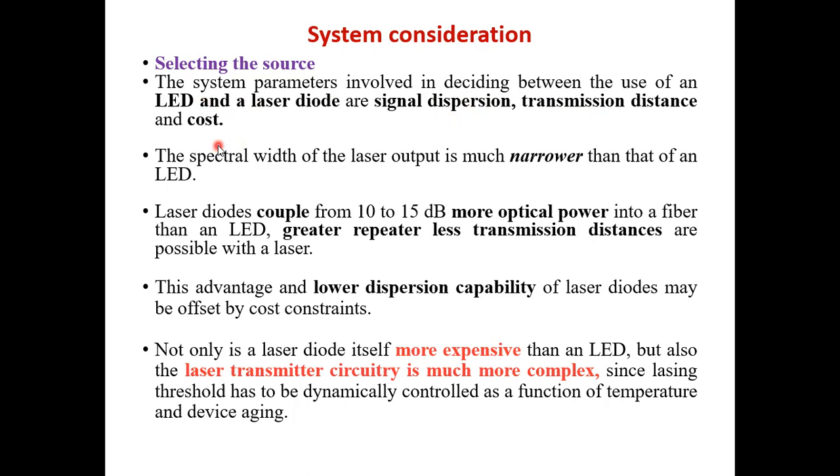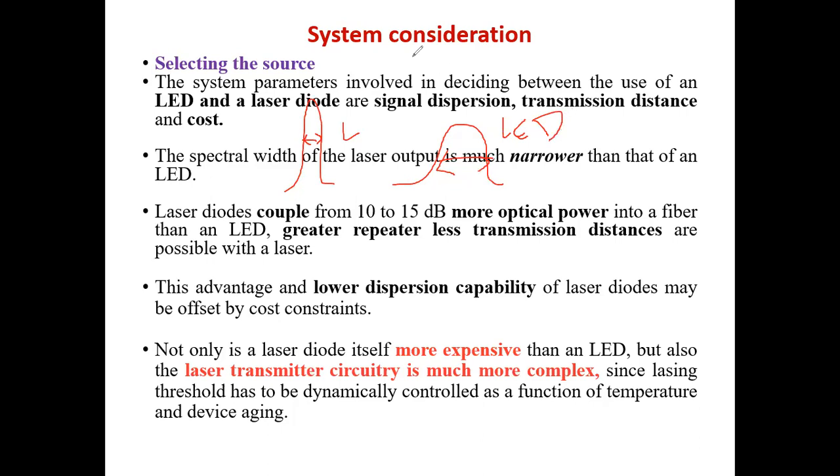Now coming to the spectral width of a laser source compared to an LED source. Suppose I have the source. Your laser has a narrower spectral width. You have seen this already, but I am explaining again. The laser has a narrower spectral width and the LED has a broader spectral width. Which one will you go for? This is the laser one and this is LED. Students, tell me which one will you go for, a broader spectral width or a narrower spectral width?